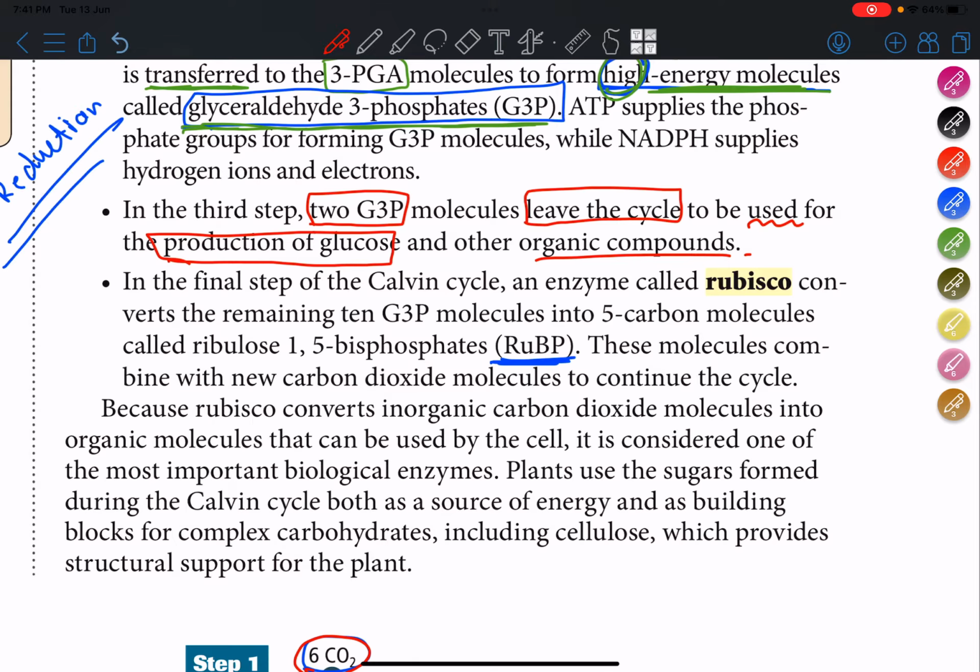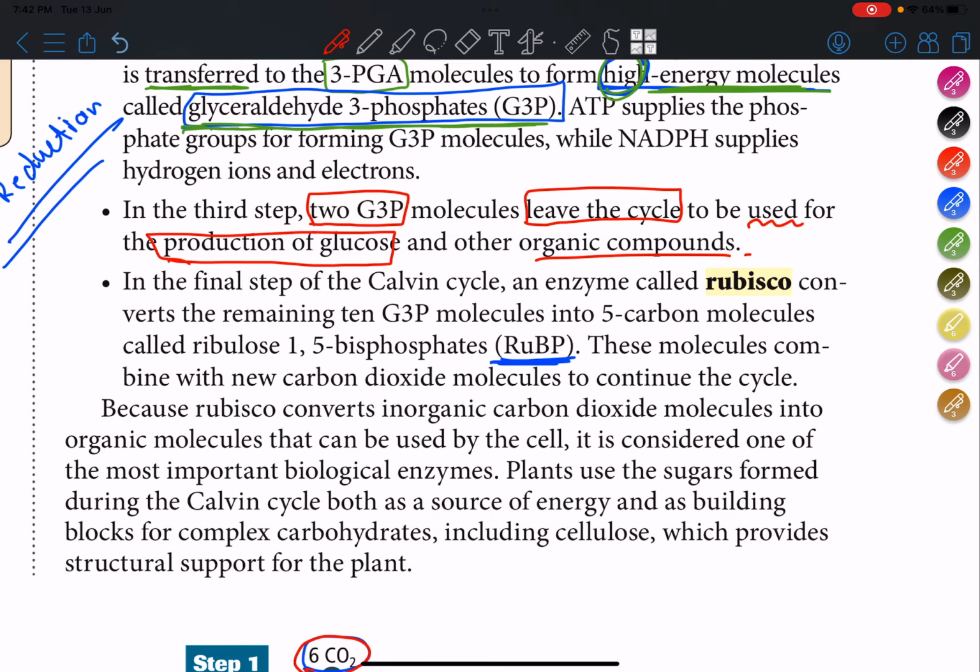So 2 of the 12 G3P that I had from step 2 will be removed from the cycle. The plant will use these 2 molecules to create sugars with starch, amino acids, lipids, and other compounds that are needed for the plant metabolism and structure. The remaining 10 are converted into 6 molecules of ribulose 5-phosphate,